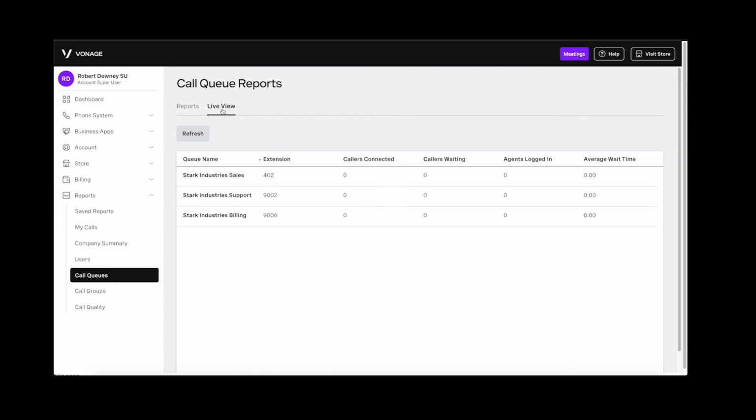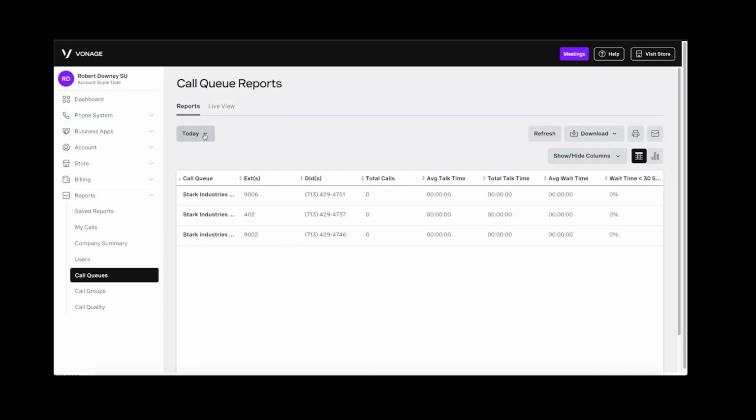This gives me a watered down view of all of my call queues and what's going on in them, like how many agents are logged in, what the average wait time for that queue is, so that if I have a large number of queues that I monitor, I can quickly see if there's something going on in there that I need to look more deeply into in the phone system call queue section.